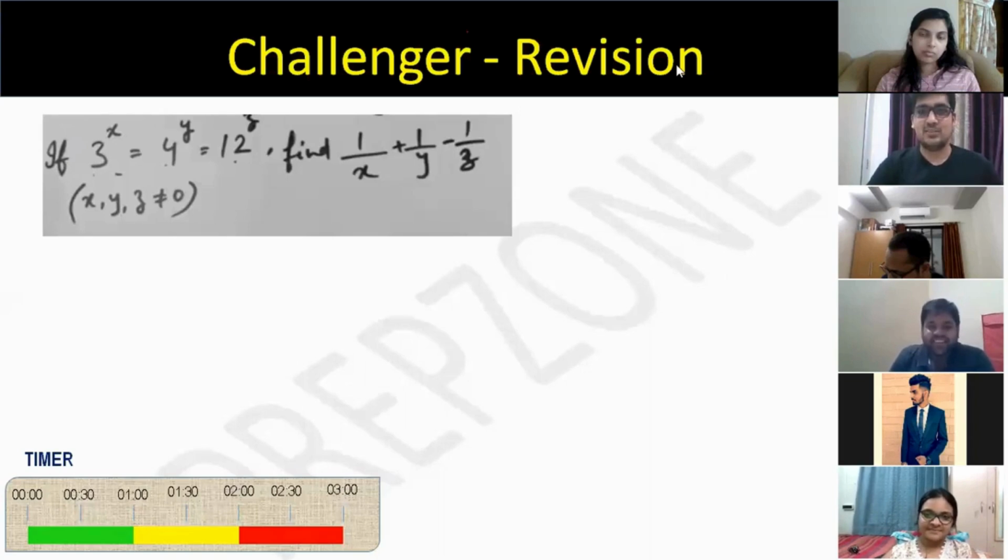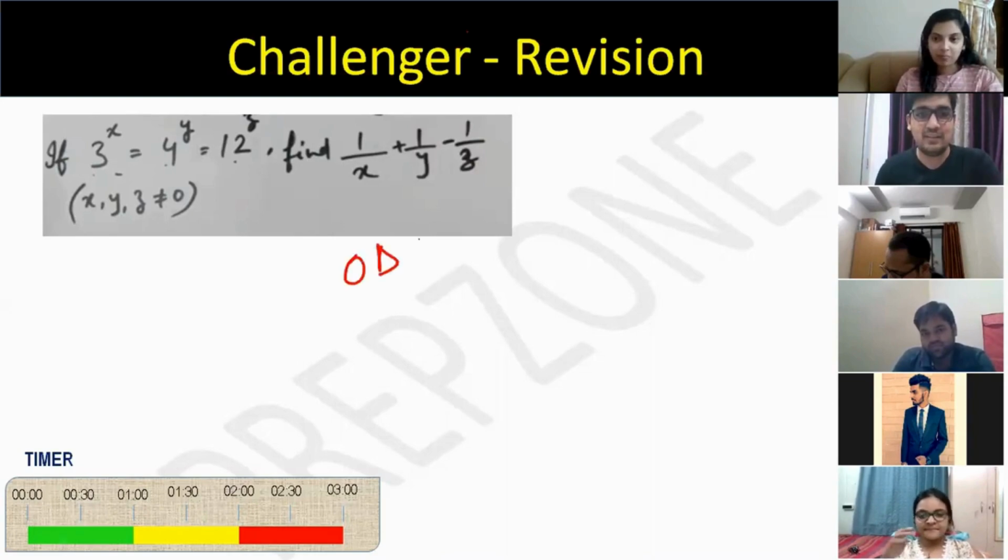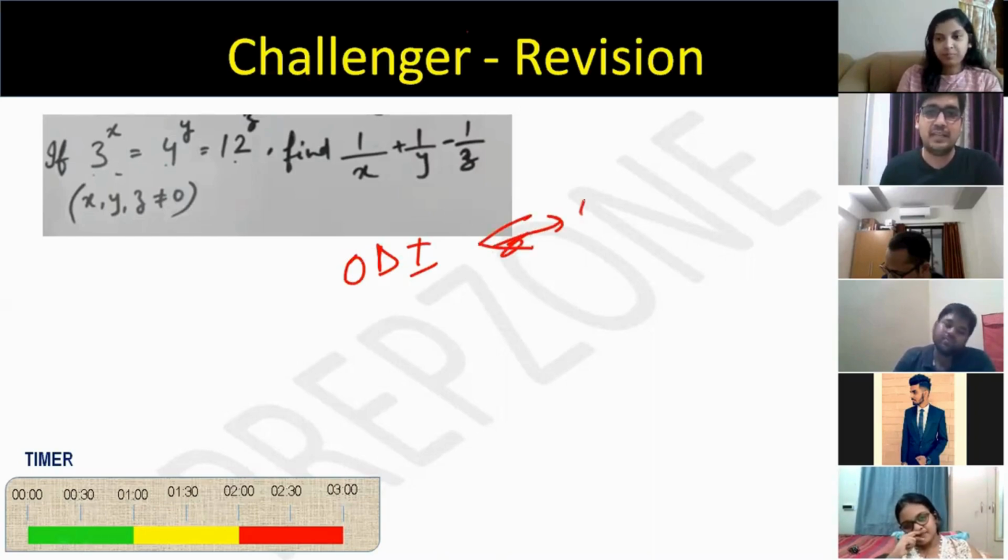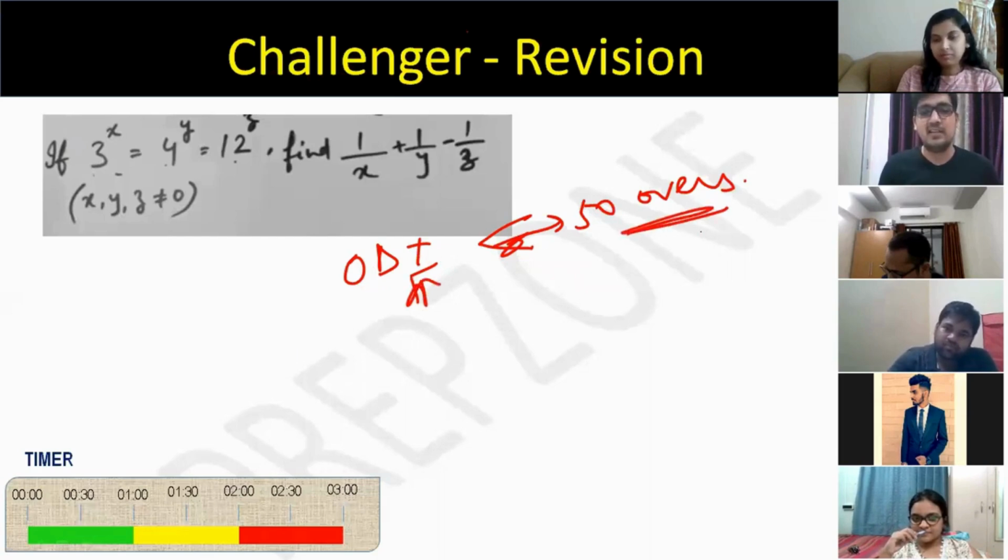Good. Okay. So let's do one puzzle not related to CAT. Again, don't note this down. This is not a CAT question. Just a puzzle. You have an ODI match. ODI matches are those one-day matches of 50 overs. If someone has already solved this question, it's okay. You don't have to say your answers, and only say your answer to me personally. So now I'm asking you, in an ODI match, which is a 50-over match, it is given to you